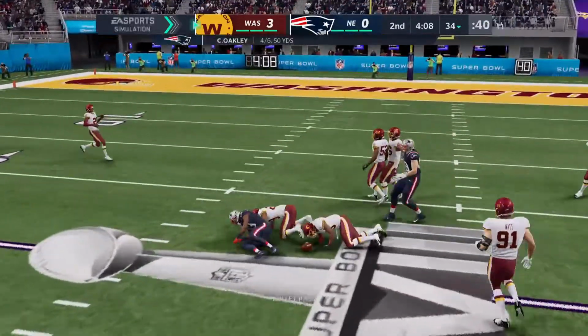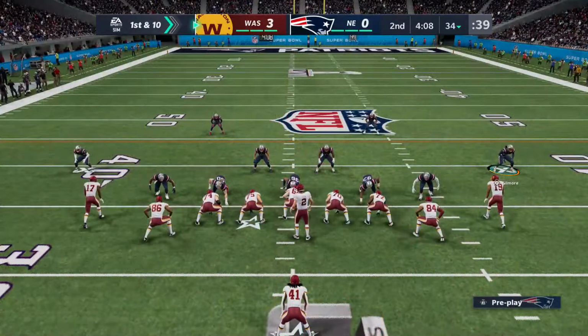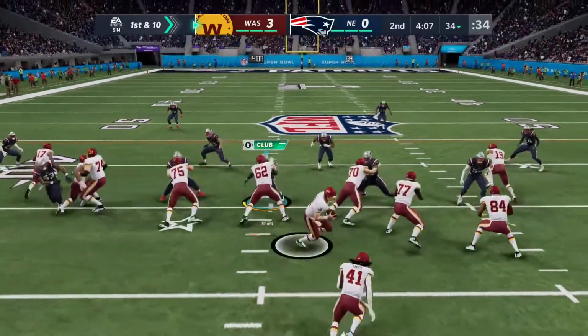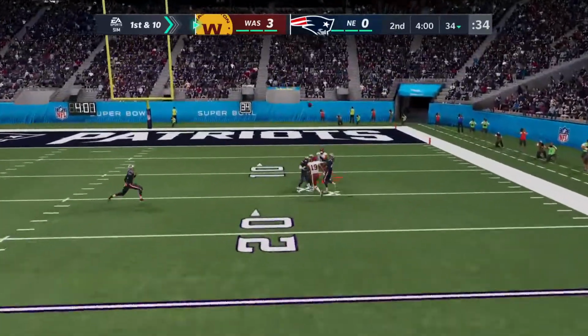Now, meanwhile, they go for it on 4th down, and my goodness, incomplete. Boy, it looked like he had it and dropped it. And Washington will have it on the turnover on downs. And he'll have a tough time living that one down. It's one thing, Charles, to drop a pass. It's quite another to drop it on 4th down. And so many teams work on that in terms of...